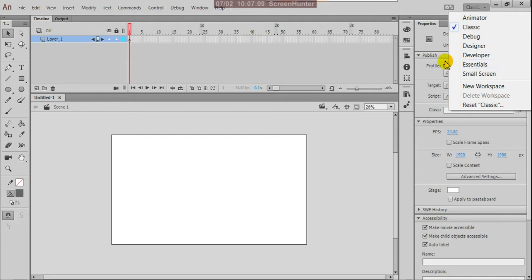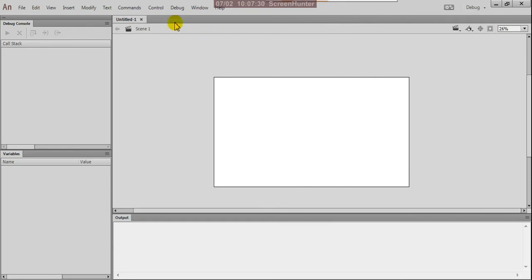Web designers and web developers use the debug method after developing their game, to find the bugs in those Flash games.